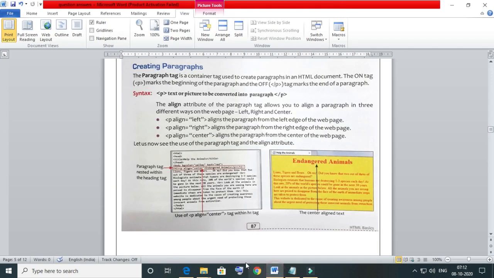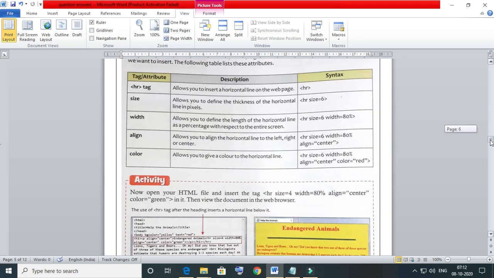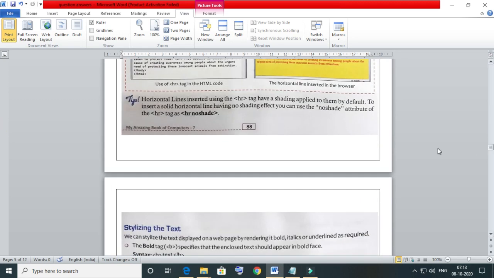Horizontal lines inserted using the HR tag have a shading applied to them by default, and to insert a solid horizontal line having no shading effect, you can use the noshade attribute of the HR tag, as HR noshade.